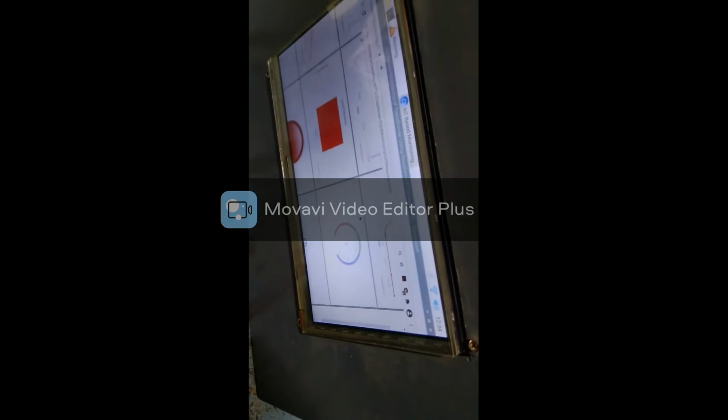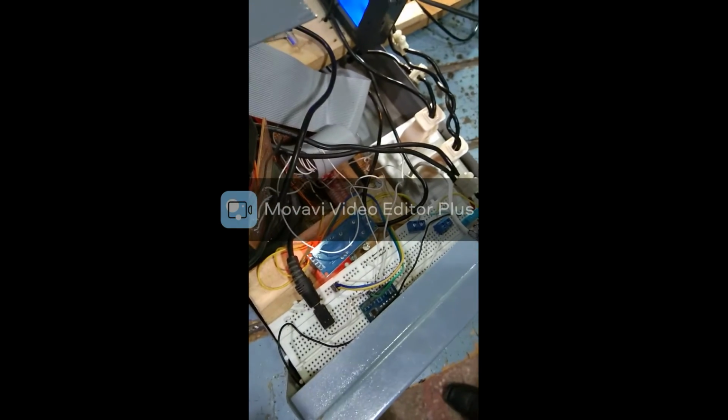Here it is ultrasonic sensor HC-SR04. It is monitoring the level of liquid, and in the form of a gauge it is shown here on the monitoring web page. The need for implementing this system is that it can be monitored remotely, sitting anywhere in the room, not just the control room. We have also used a relay module here, which trips the transformer if the oil level gets too low.